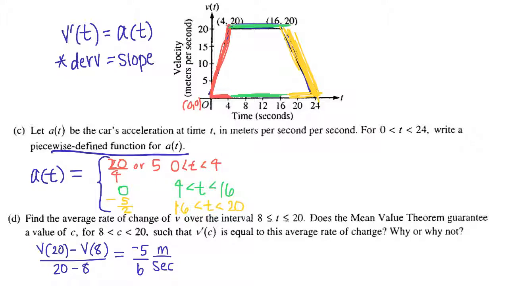So now it wants to know here, do I have a value such that, well, let's look at what it's really asking here. So we're looking for a C that is inside this interval from 8 to 20. So I'm going from 8 all the way out to 20. So here to here. So that's going to be about from here to here. So right through there's 20. So it's talking about this portion right here. So it wants to know, are we guaranteed a C so that V prime at C equals this particular rate of change? Well,